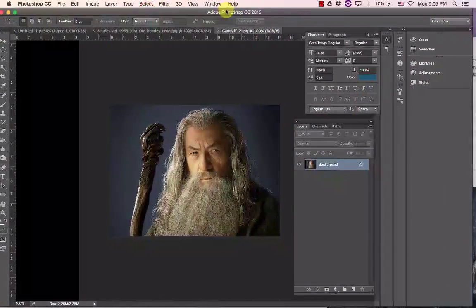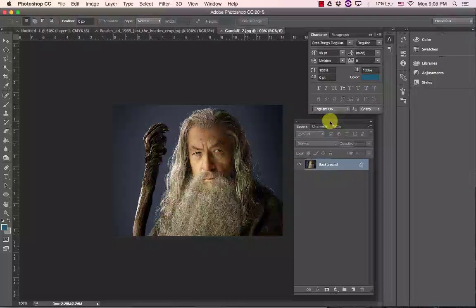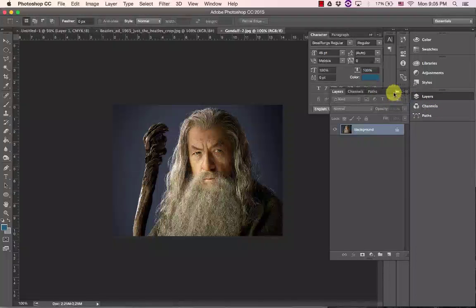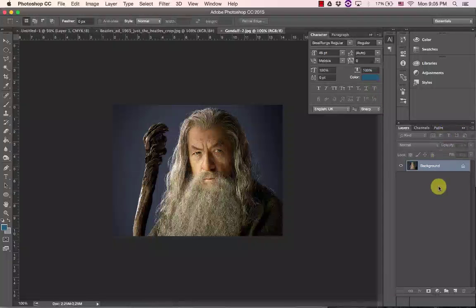Now I can move this back over. Okay, so over here, oh, that didn't, usually this is down here somewhere. So over here we have our layers. Oh, so this is just that one picture. Okay,